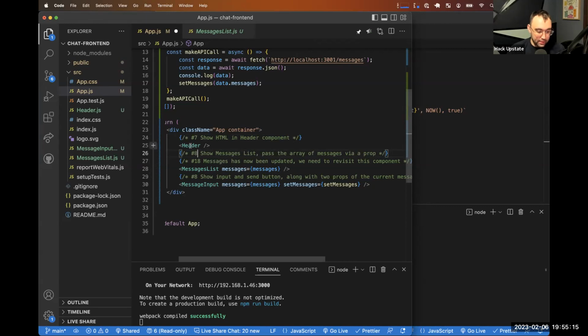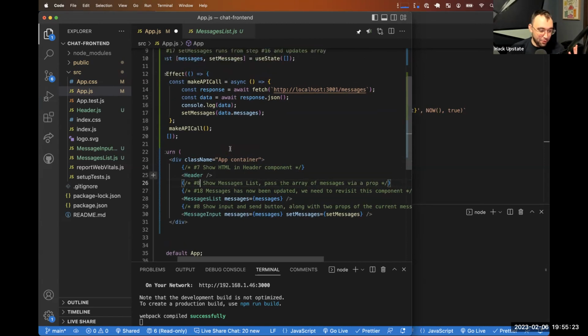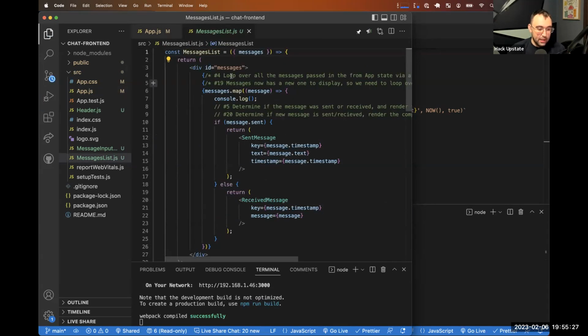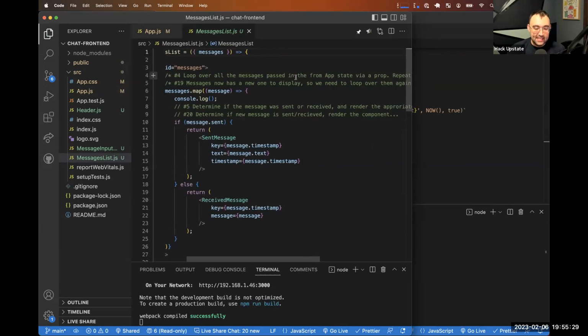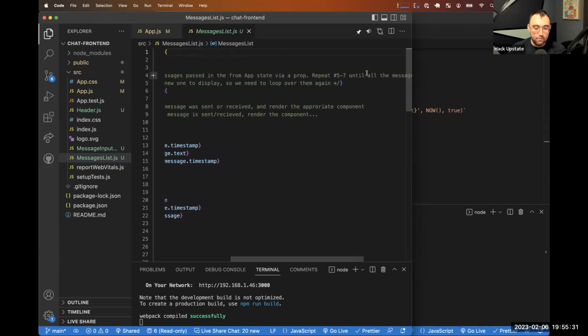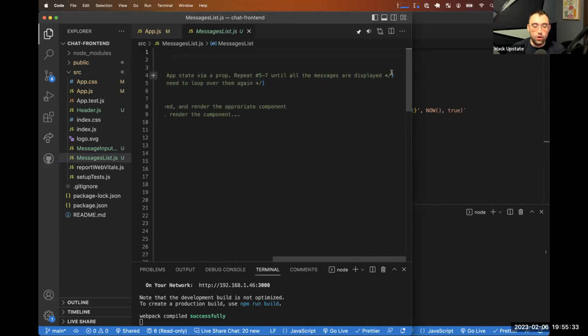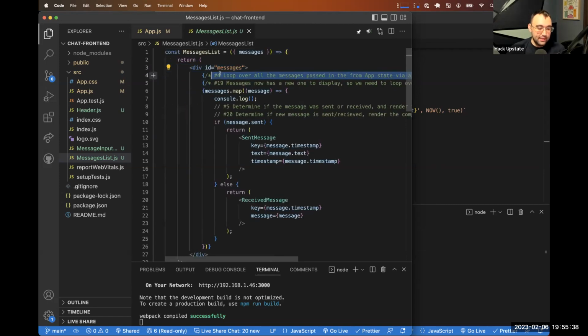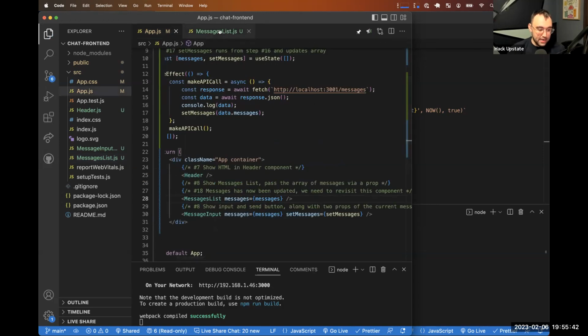Now we go into where our, oh my God, am I going to be able to keep track of what number we're on? 4. All right, let's go find 4. In 4 is probably going to be in messages list. Loop over all the messages passed in from the app via a prop. Repeat 5 through 7 until all the messages are displayed. Okay, not quite. Let's take that out and say number 9